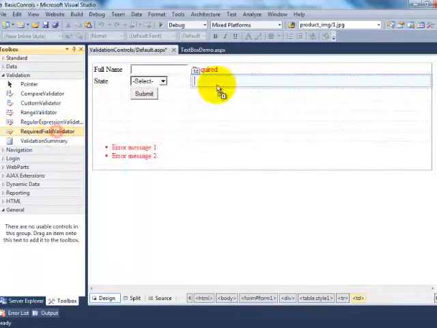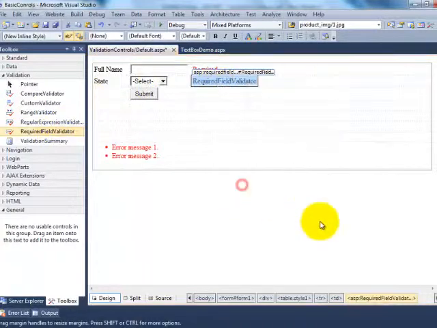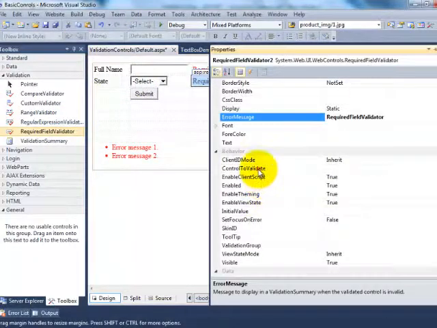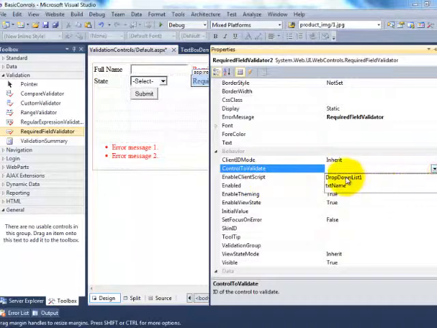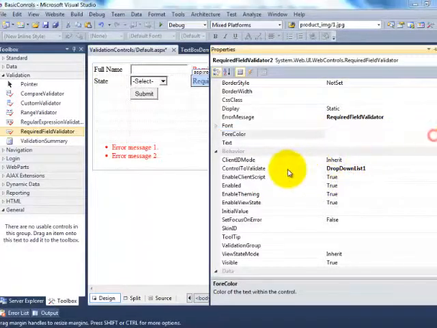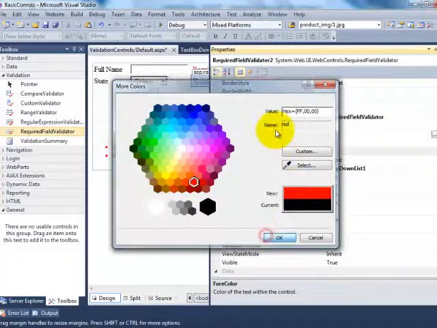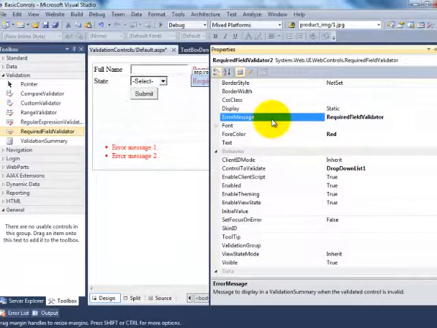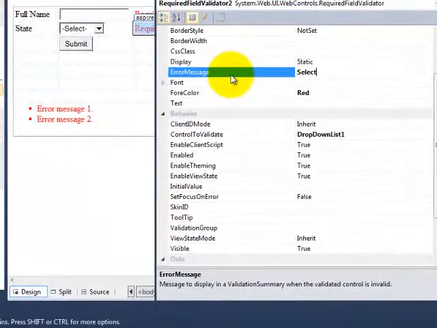Let us drag and drop the required field validator, go to properties, and set control to validate, the control we are validating. It's DropDownList1 right now. Forecolor red. Error message: please select state.